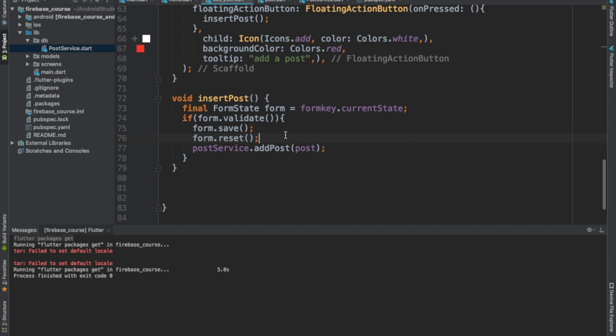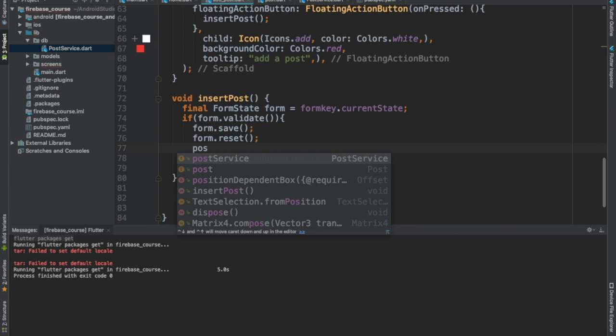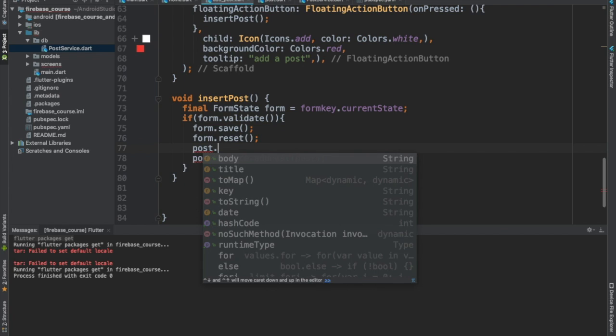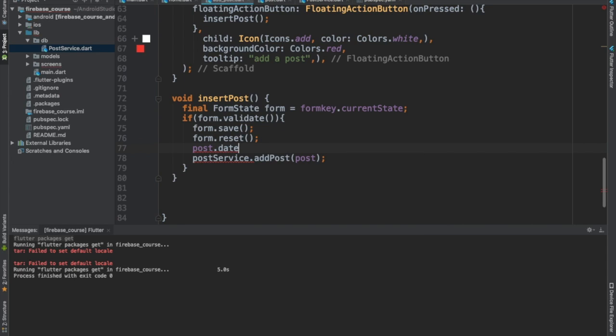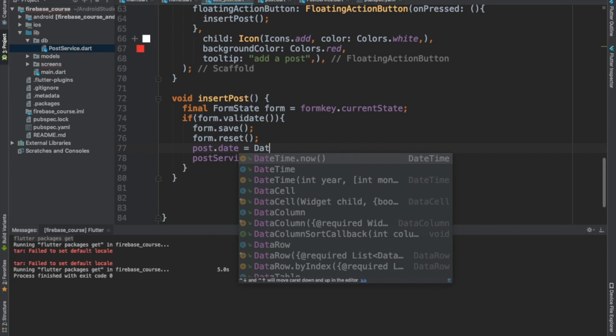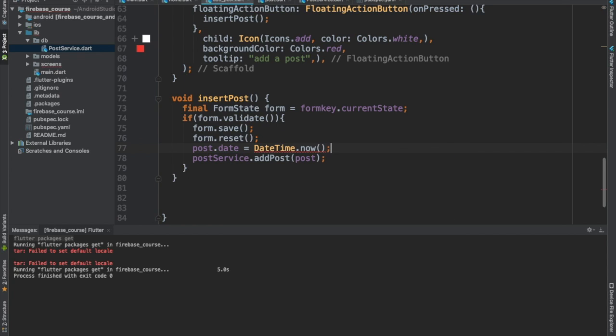Now let's do something else, which is post.date is equal to DateTime.now,